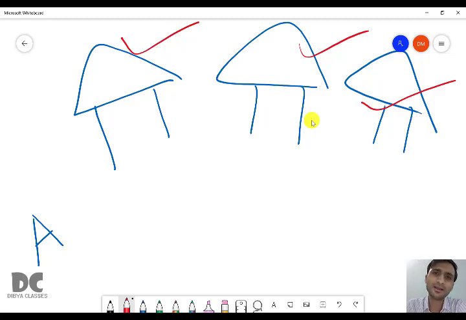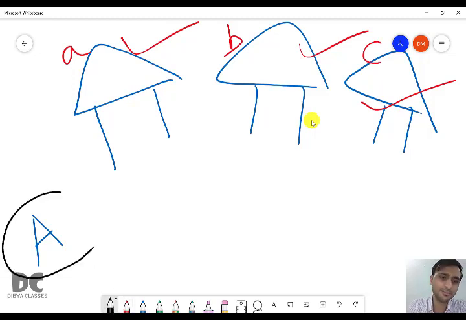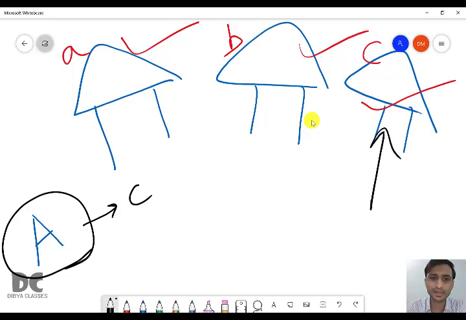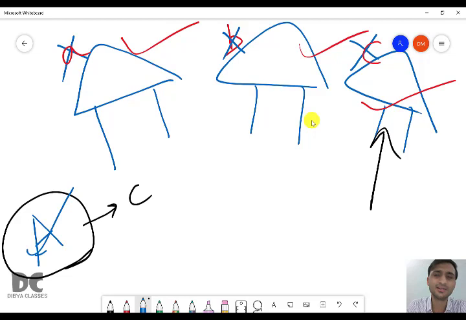Similarly, here the variables should have their names so that we can differentiate them. For example, this is a variable, I gave the name A, and I gave the name B, and I gave the name C. So I'll ask A, where do you live? He will say that I live in C. So I will go to this house. If there had been no name, how would I get to know which house is A's, right? Therefore, each variable should have its own name so that we can differentiate.